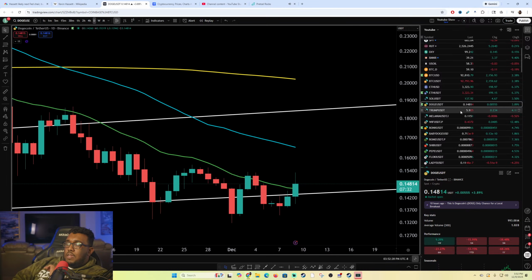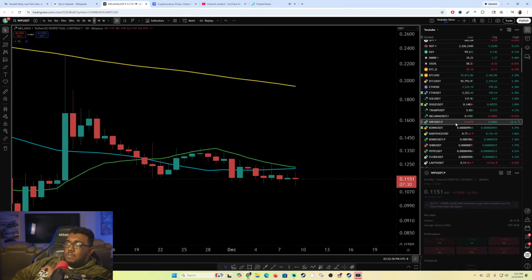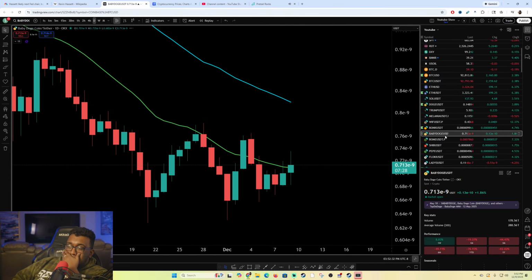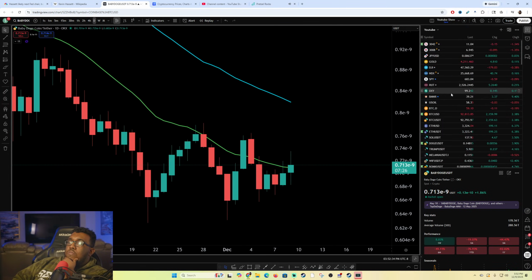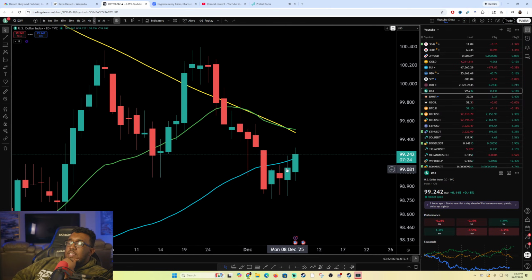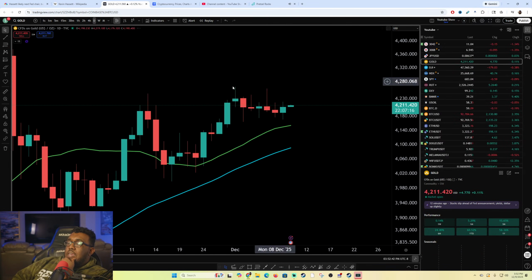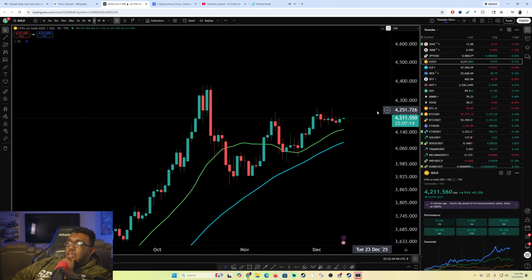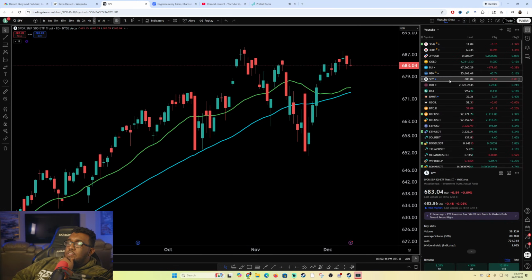Not looking too great, not looking too bad, but a lot of resistance levels right now. A lot of resistance levels, which I don't really like to see. Dollar index coming down a little bit. You can see a golden cross coming. That's not great for Bitcoin overall, but we'll see how it handles itself. And gold consolidating, may actually fall off here, which could be interesting. But yeah, everything else still going sideways here.